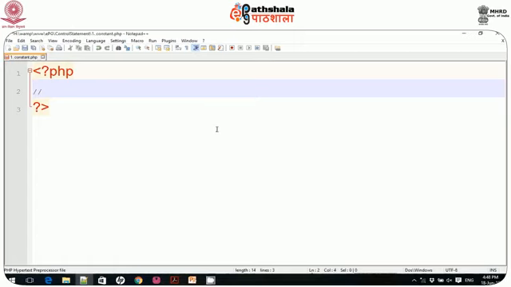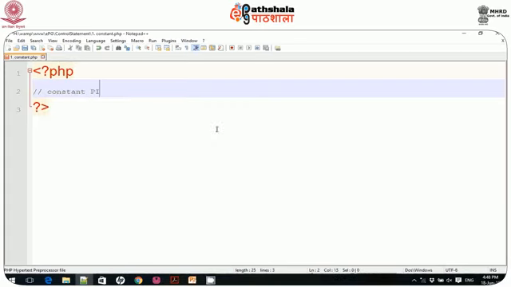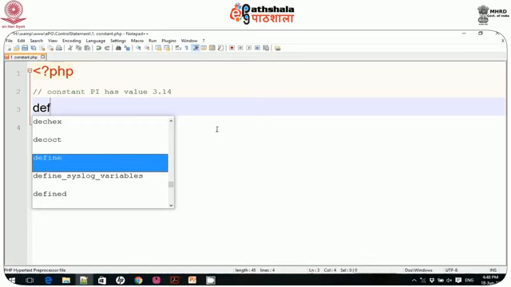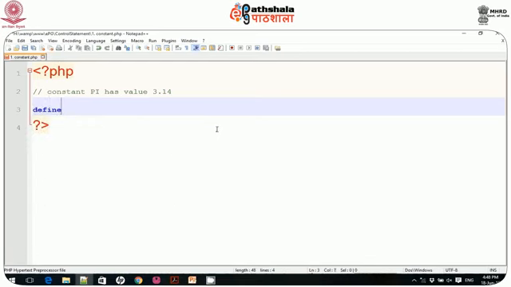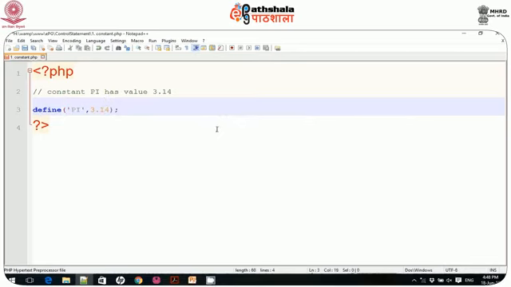Let me write a comment. This is a single line comment: constant pi has value 3.14. So I write define in parentheses. First I have to write the string, so I write PI, comma, its value 3.14. We know that pi, the constant, has a fixed value.